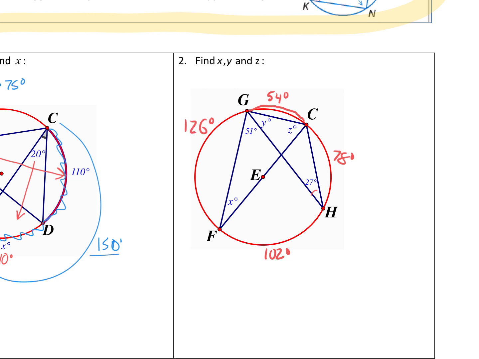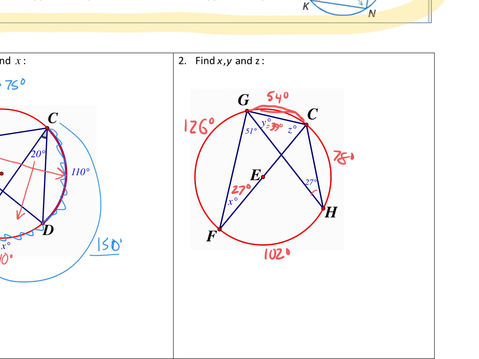X, Y, and Z. Oh, if this is 54, this is 27. I could have known that without knowing the 54. Notice how the angles at F and H both intercept that same arc, so I didn't really even need to know the 54 to know they were equal. Y is half of the 78. See how that's already kind of across the circle right there. And Z is half of the